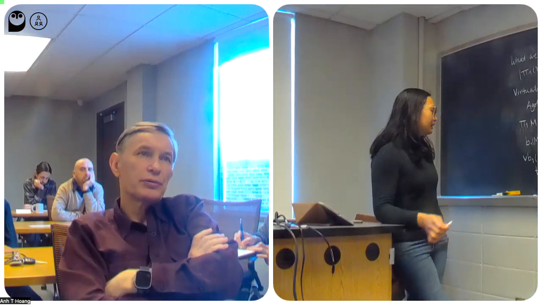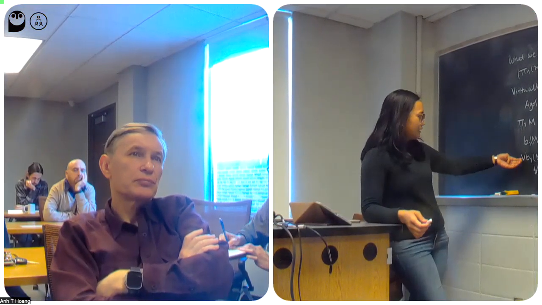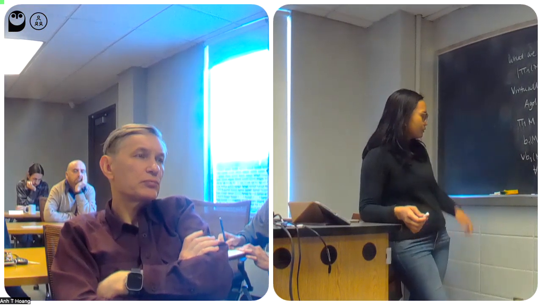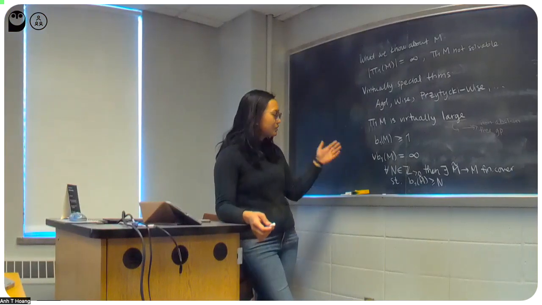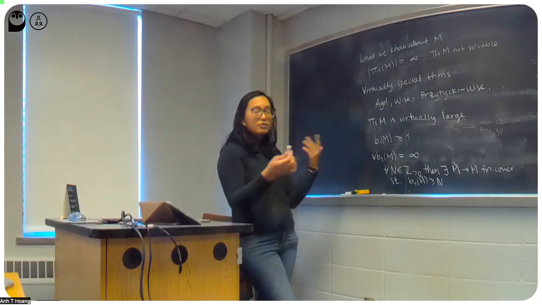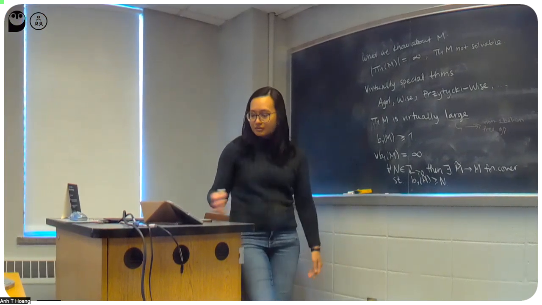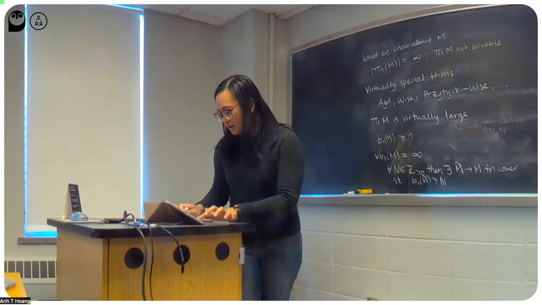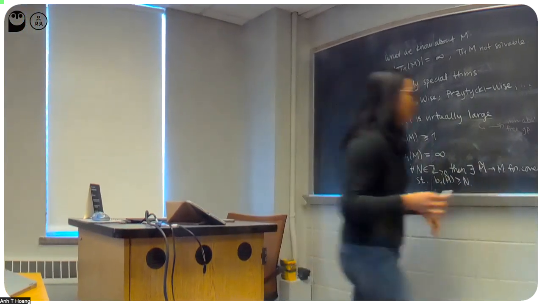Okay, great. So one thing that we saw is that the virtual first Betti number is infinite. So again, like I said, you can find towers of covers where the first Betti number grows, and it can grow as large as you want. But how fast can it grow? That's obviously a natural question to ask. And the answer is not so fast. Okay, so here's a theorem.